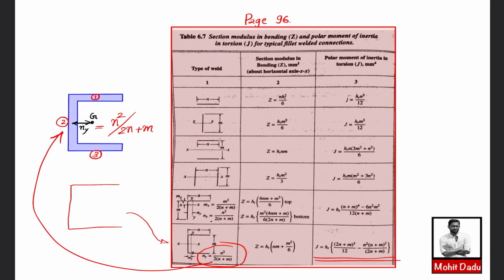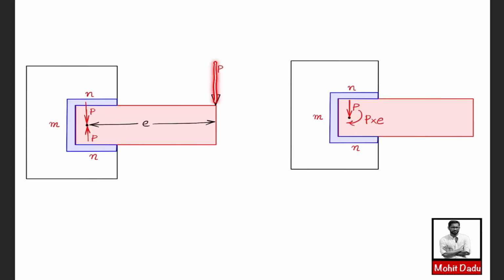And also in the third column you are having the polar moment of inertia of this weld cross section, that is assumed as these 3 lines or C section, and that J is equal to ht into the dimensions n and m coming within the bracket. Here also wherever ht is coming in design, you will be converting it into 0.707 times h, that we will be seeing in the design. So far we have studied how to locate the CG and its distance, and how to take it from this table, and you are knowing this mistake also. So here you have evaluated the CG.